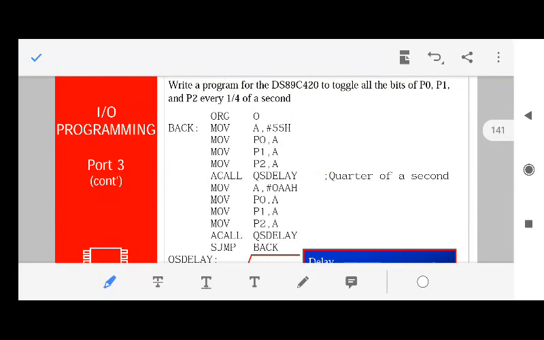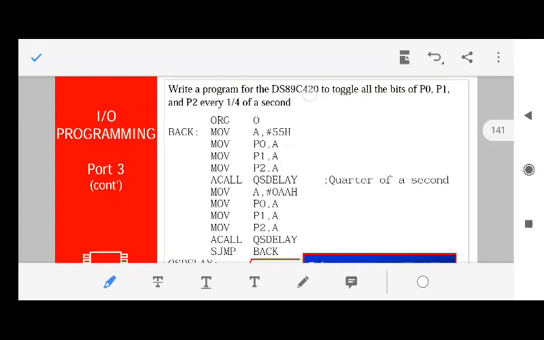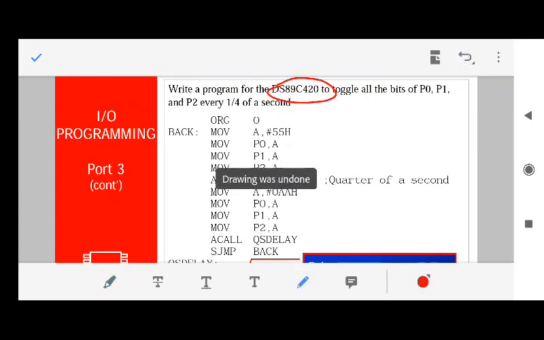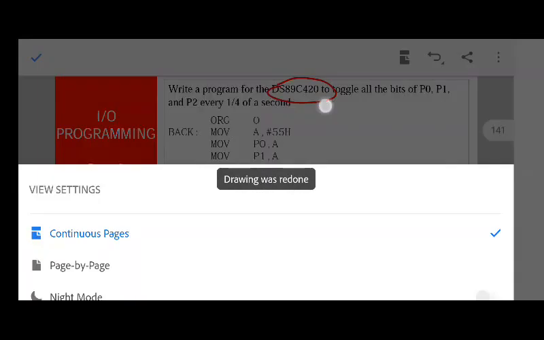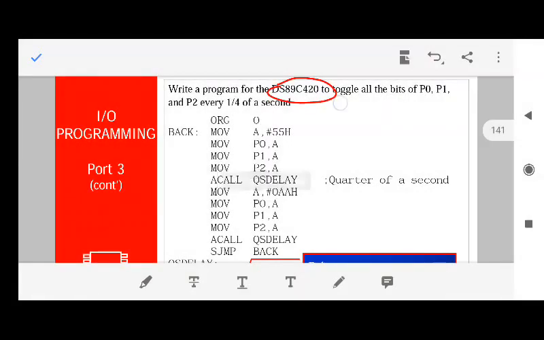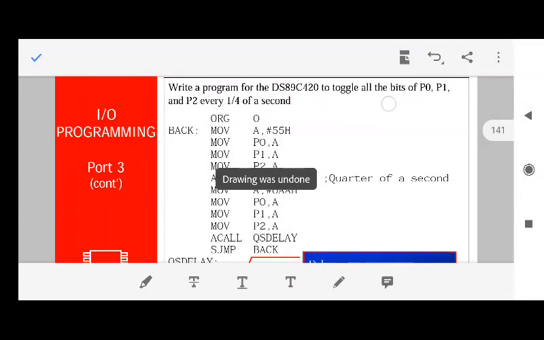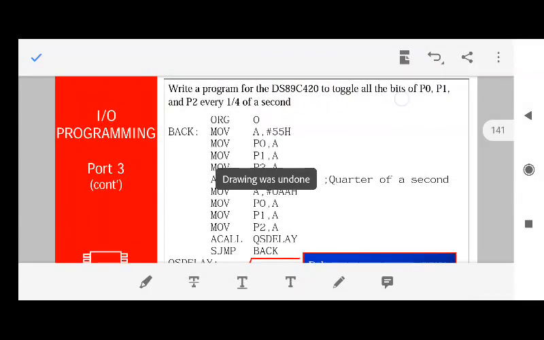A program will make it easier for you to understand how to do the ports programming. Fine, this is a good program. What it is doing is toggling the bits